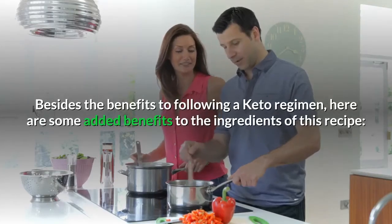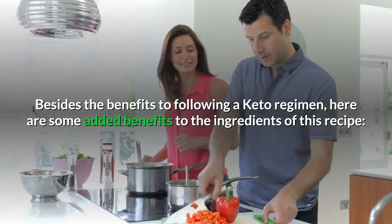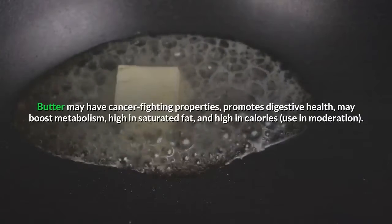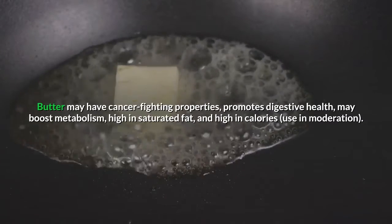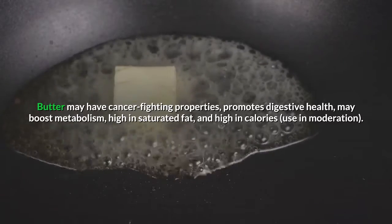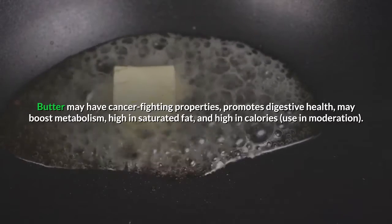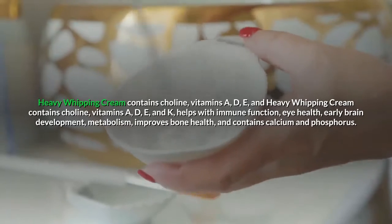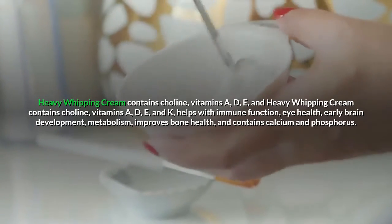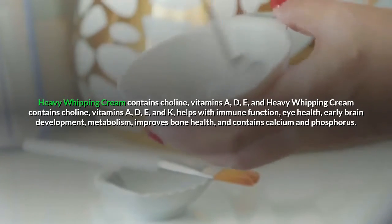Besides the benefits to following a keto regimen, here are some added benefits to the ingredients of this recipe. Butter may have cancer-fighting properties, promotes digestive health, may boost metabolism, high in saturated fat, and high in calories. Use in moderation. Heavy whipping cream contains choline, vitamins A, D, E, and